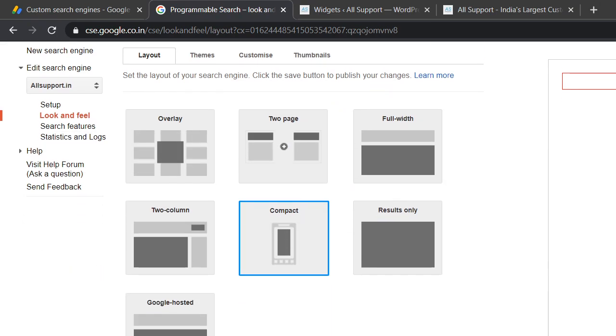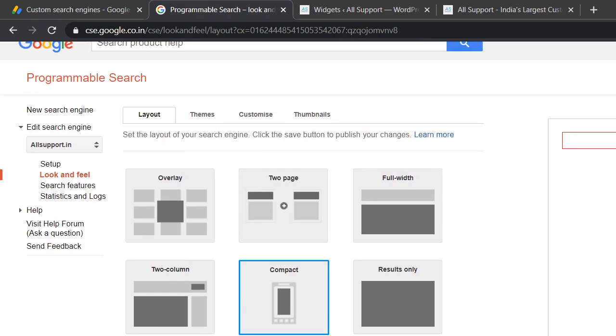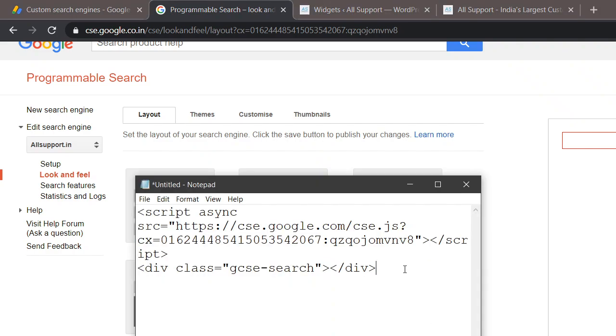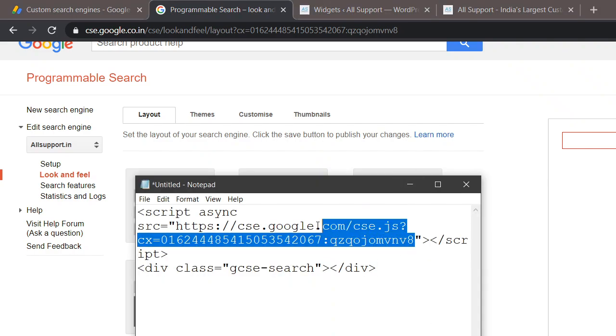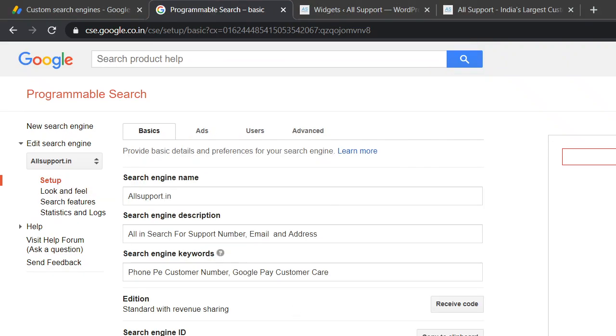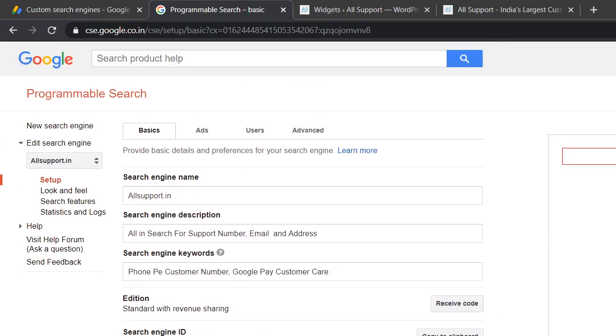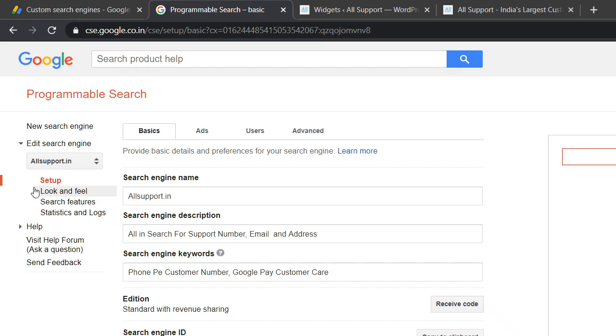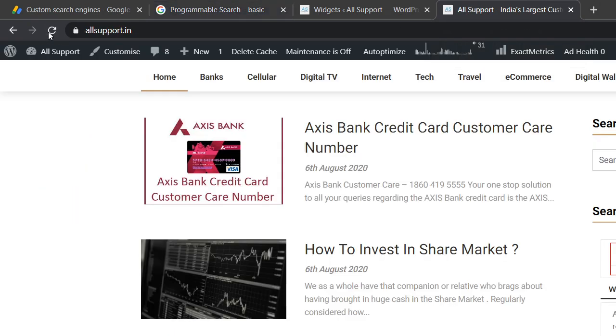Just remember that once the code is implemented, you don't have to generate the code again and again, because the code will remain the same, nothing will change. If you see, this is a public search URL, similar to what you are seeing here. This will not change. This is your search engine ID. This option will not change either. So you don't have to copy paste the code from the search every time. You just need to modify the code right here, and the rest of the changes will show up right away on your site. So let's refresh the page.